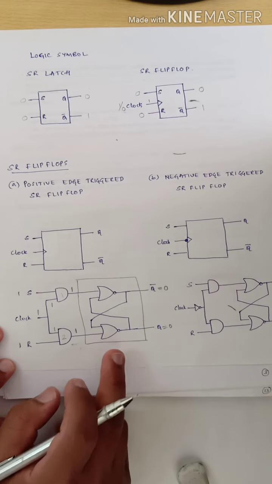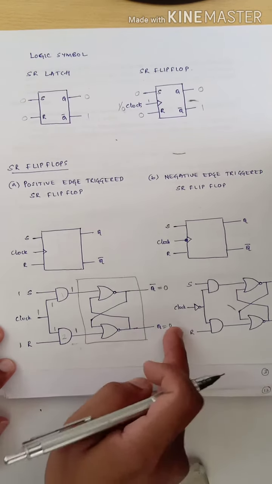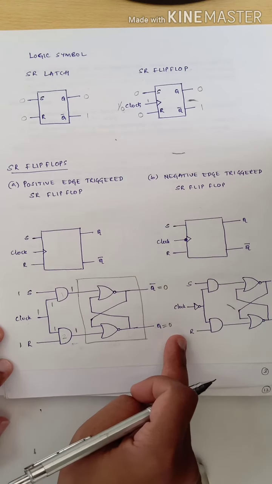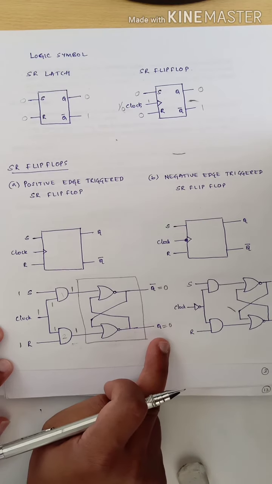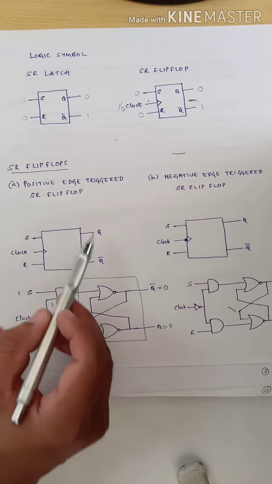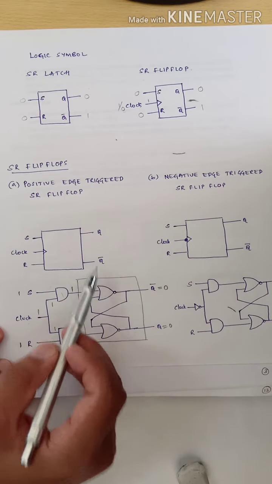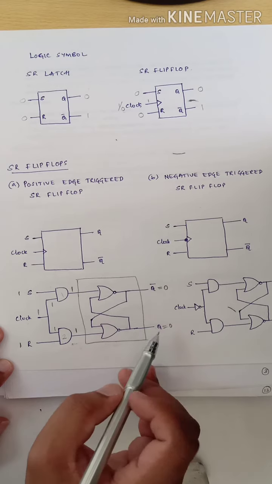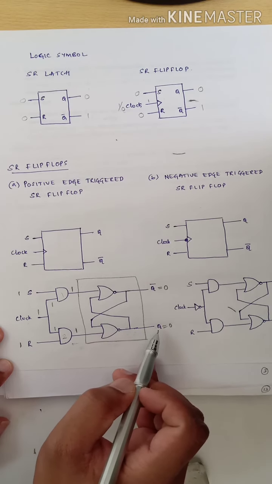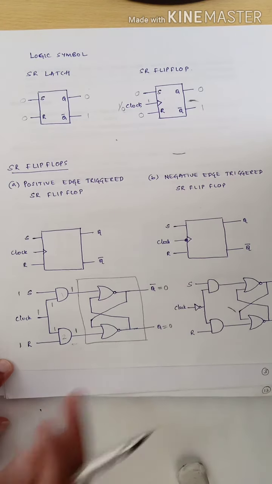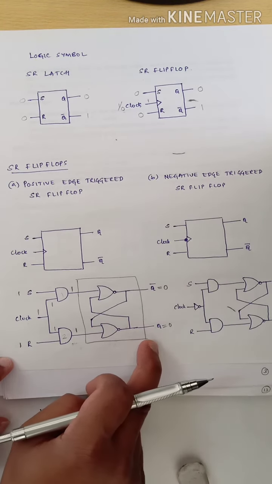Due to this, both the outputs Q and Q bar will become 0 0, which is not acceptable in the case of an SR flip-flop, because we have seen for an SR flip-flop logical symbol, one output should be the complement of the other. Here you don't find the complement of the values. Here you are going to find both the output values as 0 and 0. Hence we treat this as the forbidden state.